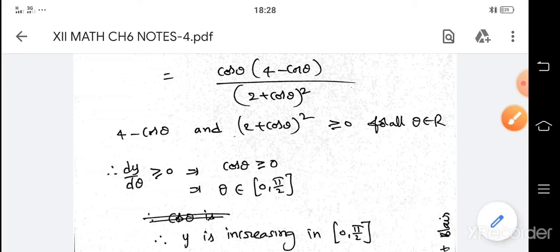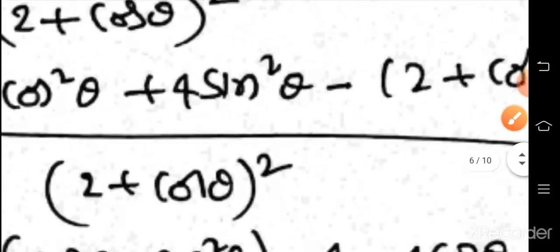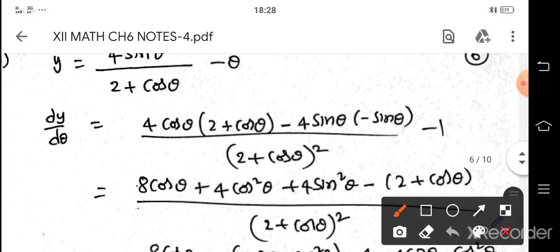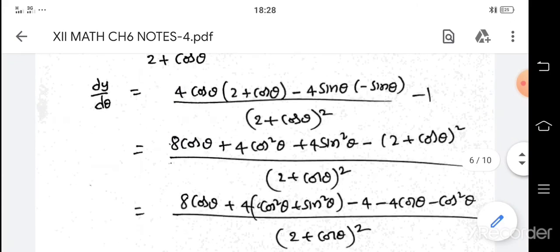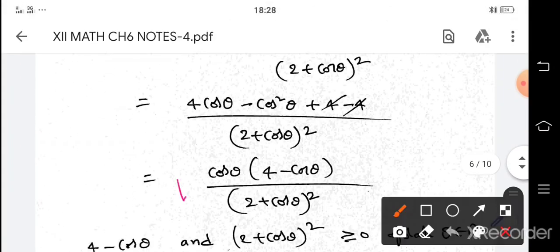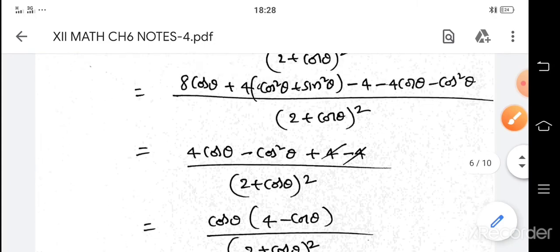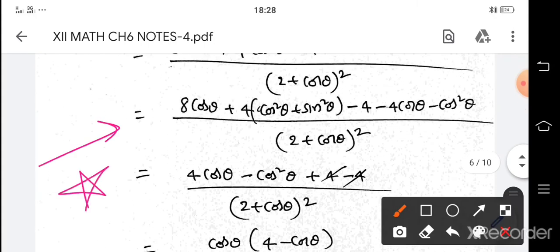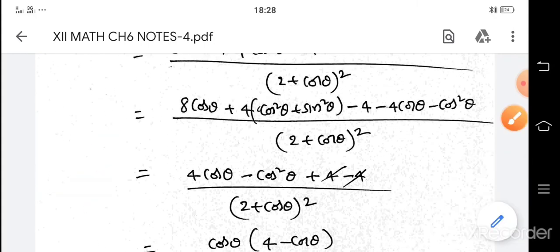Very important model. Here the complication is only for simplification. The simplification, the u by v rule, and the simplification is important. Very very important thing: the u by v rule, and the way you simplify and the way you take common and cancellation, that is important here. This is a very important model, a very very important question, this one and that log one, question number 7, the log 1 plus x question. These two questions they are giving repeatedly.